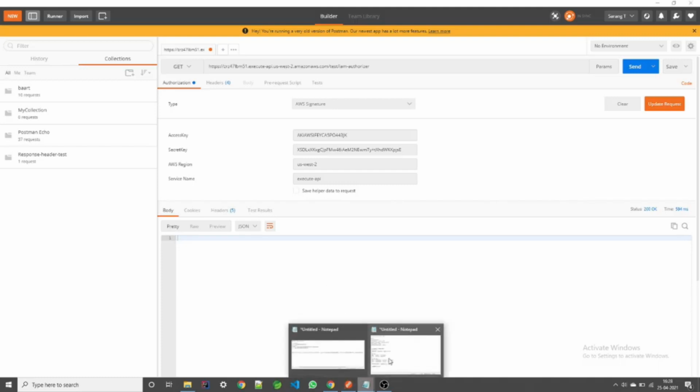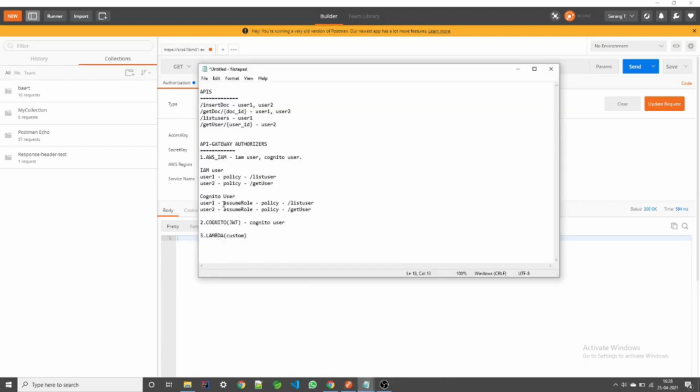So what we need to do for the Cognito user is call the assume role API, and that assume role will have a policy, and in that policy the resources would be mentioned. I'll again repeat, for the Cognito users we need to call the assume role API.